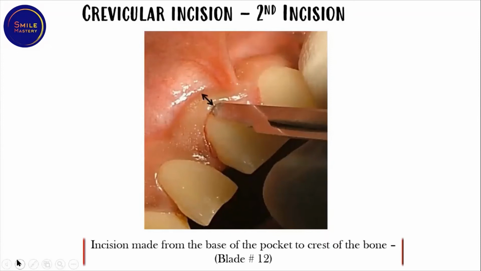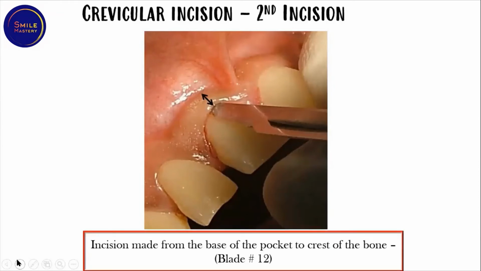For the crevicular incision, as shown by the arrow, you don't go straight along the long axis of the tooth, otherwise the blade will come out through the gingiva on the other side. You have to tilt the blade a little, slant it a little, go into the pocket, into the sulcus, go deeper and deeper till you hit the bone crest, going beyond the base of the pocket. Once you hit the bone, continue giving that incision mesiodistally.